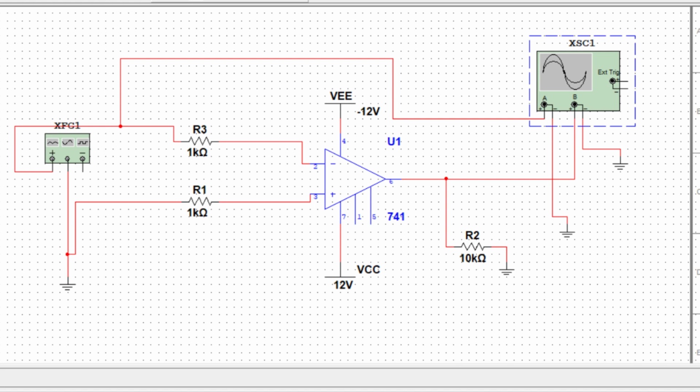So now we can see the working principle. The comparator function works by comparing the input sine wave signal with the reference voltage. When the sine wave is above the reference voltage, the op-amp's output switches to a high state, which is near the positive supply voltage, that is positive 12 volts. When the sine wave drops below the reference voltage, the output switches to a low state, that is close to the negative supply voltage, minus 12 volts. This switching creates a square wave output that mimics the frequency of the input signal but in a digital form.